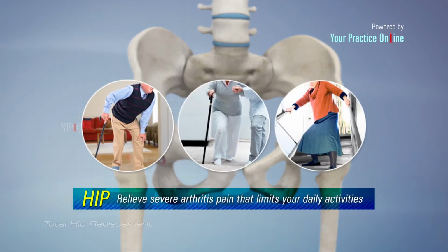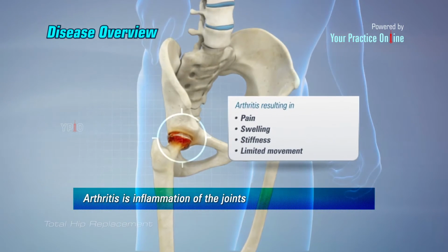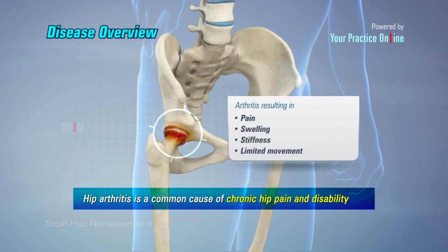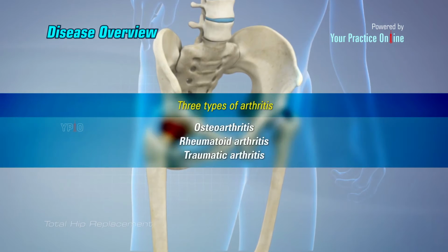Total hip replacement surgery is an option to relieve severe arthritis pain that limits your daily activities. Arthritis is inflammation of the joints, resulting in pain, swelling, stiffness, and limited movement. Hip arthritis is a common cause of chronic hip pain and disability. The three most common types of arthritis that affect the hip are